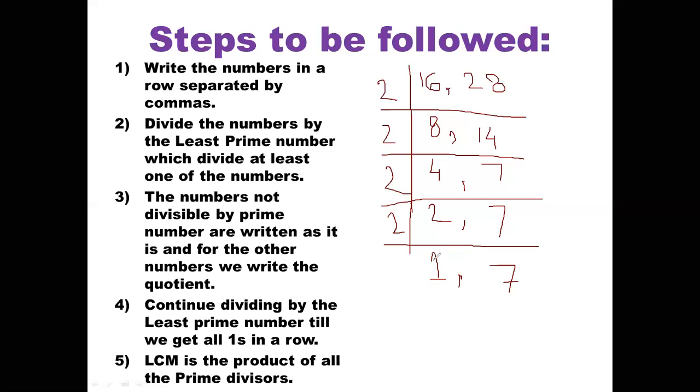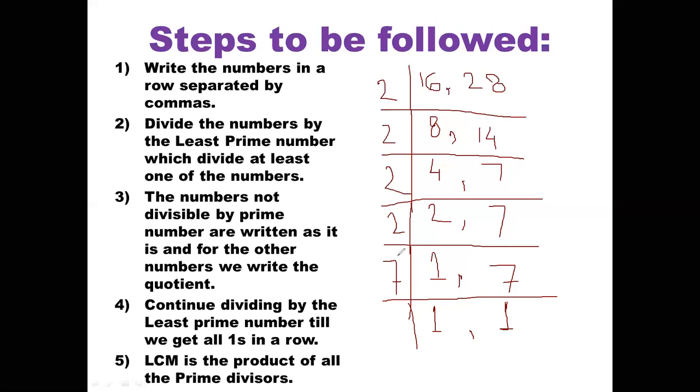7 still needs to be divided more, and you know it very well that 7 is a prime number, so it is divisible by its own table. So I'm going to write down 7 over here, draw the line again, and now because this one will come as it is, it's already converted into 1, and now the turn is for the 7 to turn into 1, because 7 ones are 7. Now I got all the ones in a row. That means I am done with my division over here. I have brought down all the ones in the quotient like this.